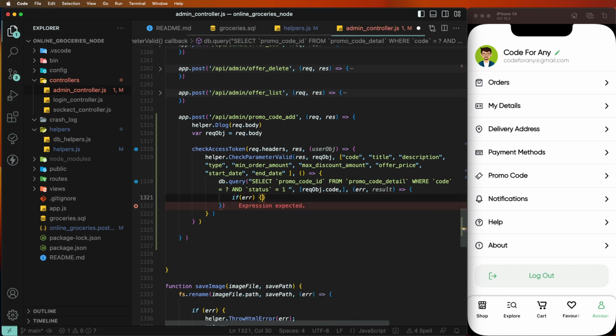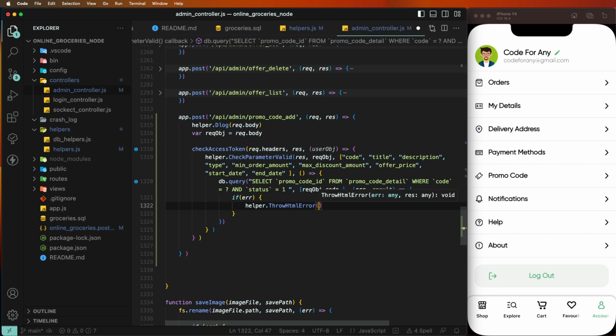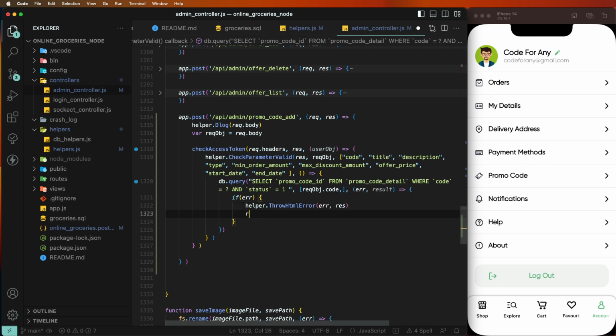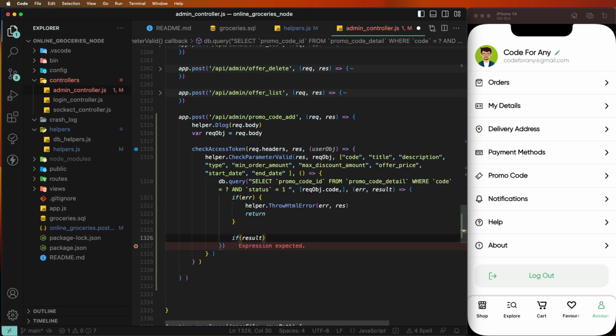If we get an error, we throw an HTTP error and return the error in the response. Otherwise, if we get the result and it is more than 0,